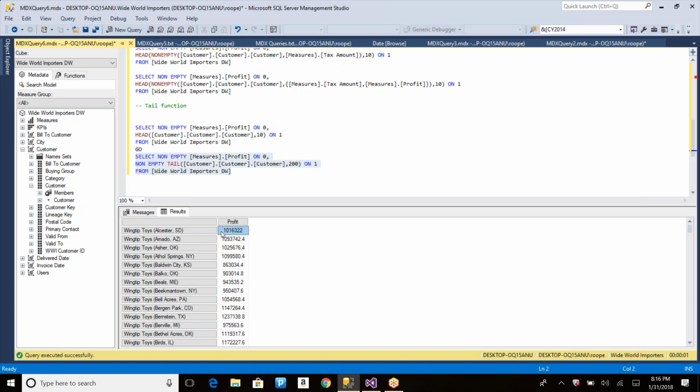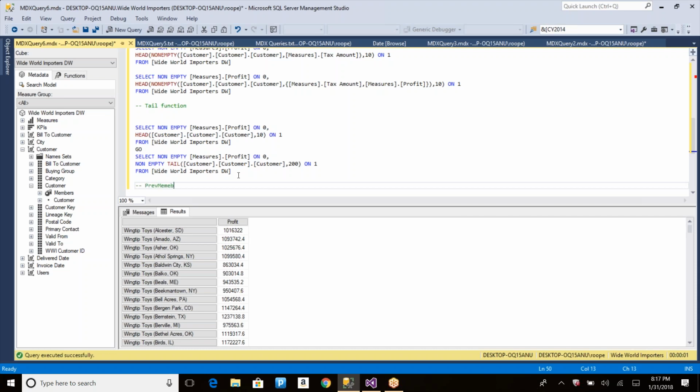Now let's go back to the members again. We have seen how to get its children, how to get its parent, and how to go to siblings, how to go to first sibling, last sibling, and so on. A lot of functions related to the siblings and the family, particularly very helpful in the user-defined hierarchies. Now let's see a